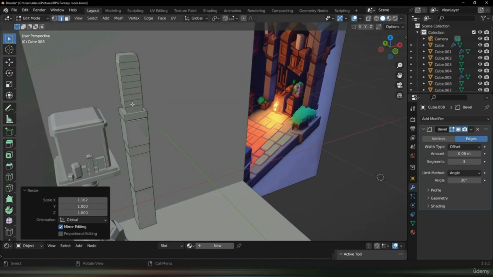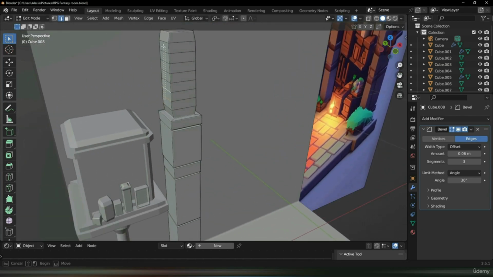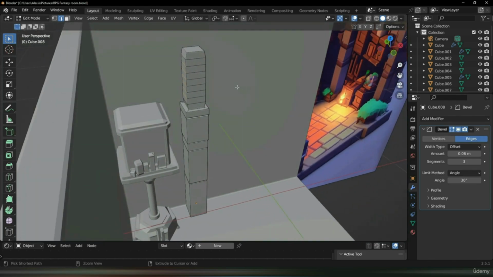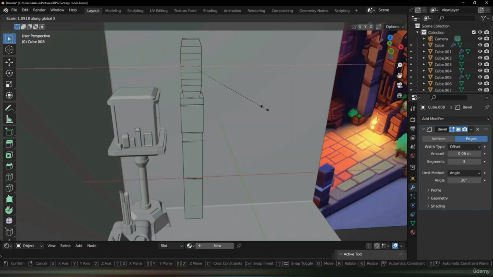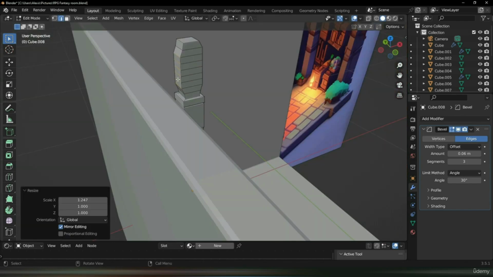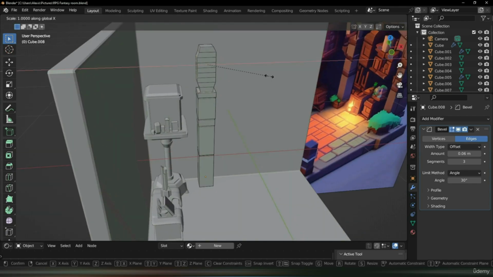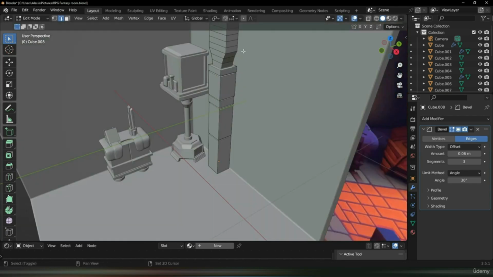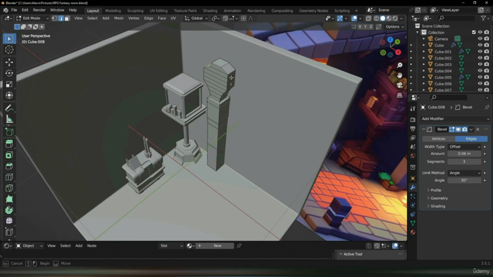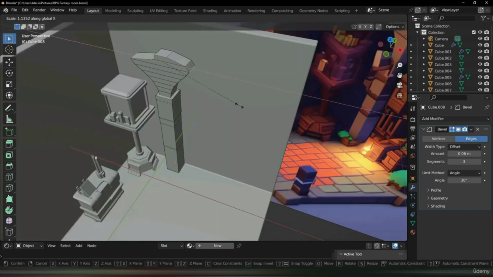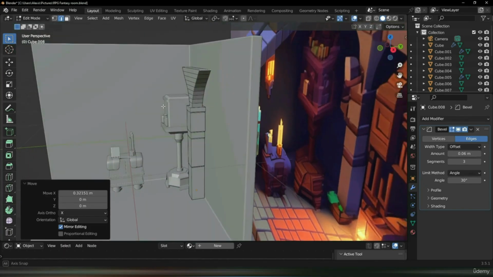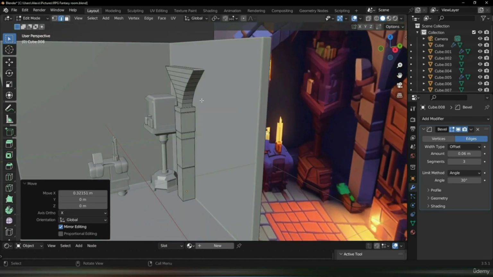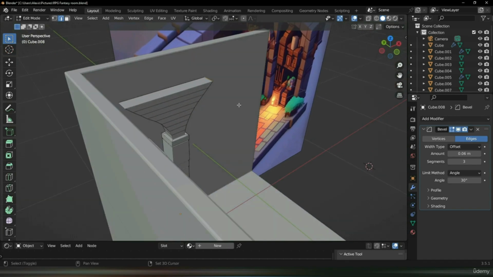So the first one's like this. Let's just select them all like this. Make sure you select the top one later on, but for now we're just going to select these. Scale in the x-axis. You can always modify them later. Scale them in the x-axis. And you get what I'm doing. There we go. And once you got it to a point like this, you can just select these two edges